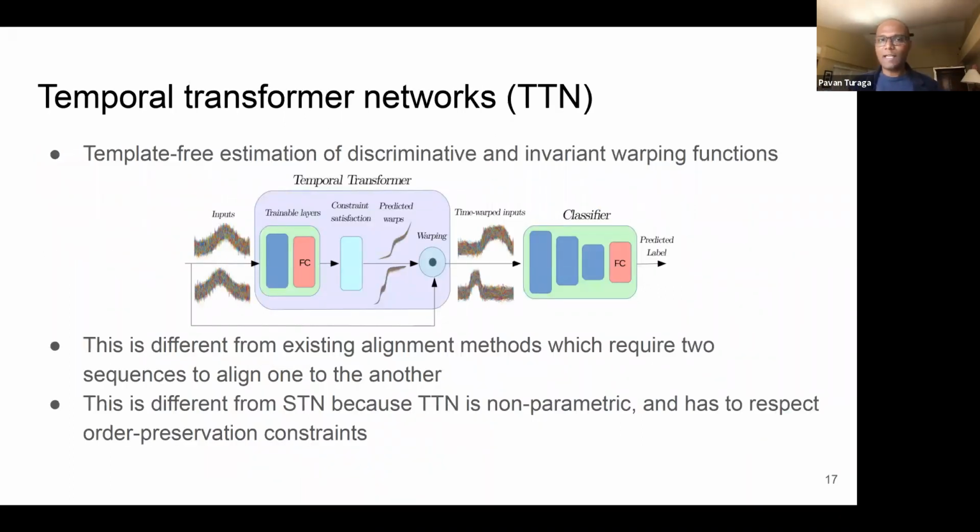And our approach was this. We will have a module, and all that module will do is, given a time series, it will try to impose a warping function. And the warping function is constrained to be a valid warping function. We don't quite tell it to choose a warping function. This is learned end-to-end with the goal of classification accuracy being maximized. We say learn some warping as long as it's a valid warp function, meaning it has to be an order preserving diffeomorphism. And that's the only constraint we throw into one of these latent layers.